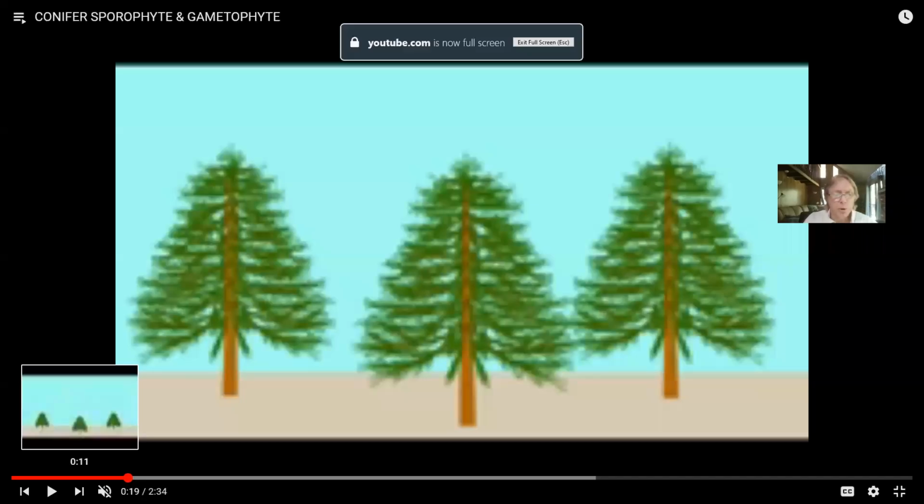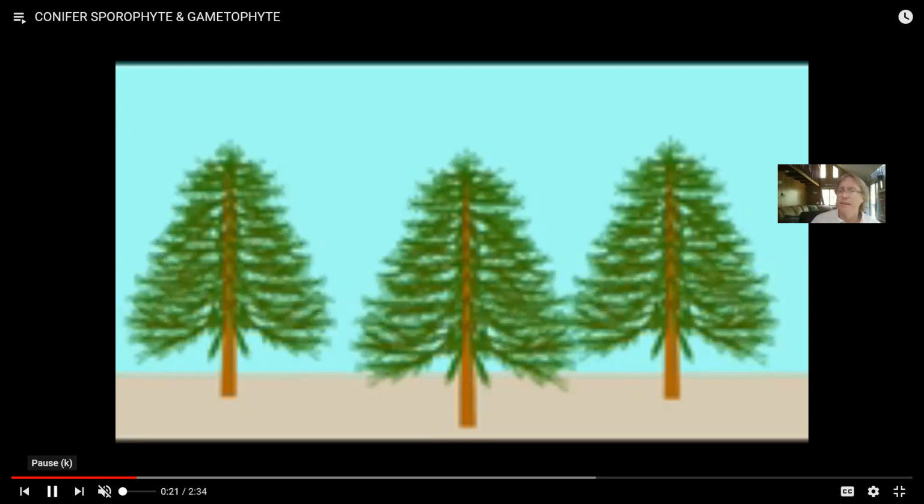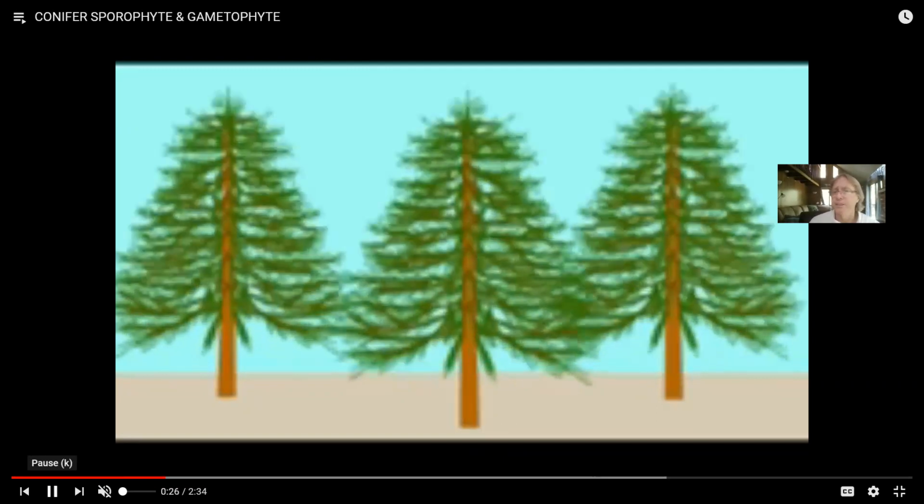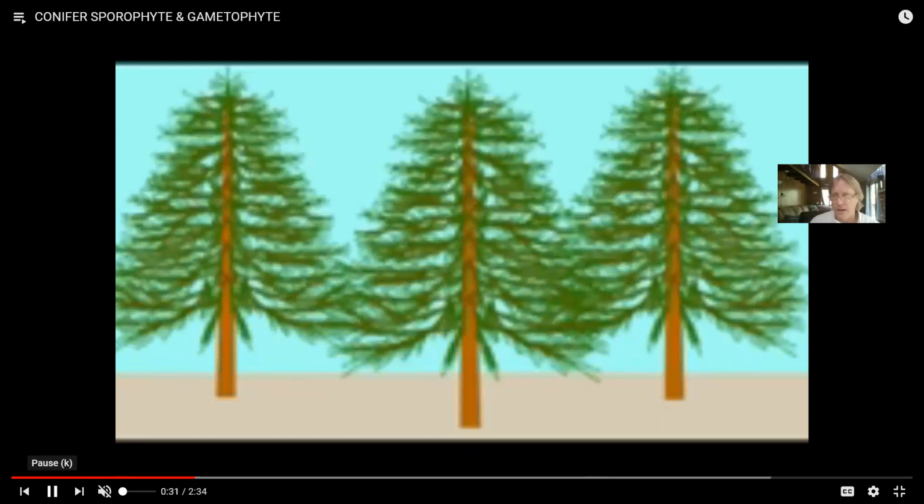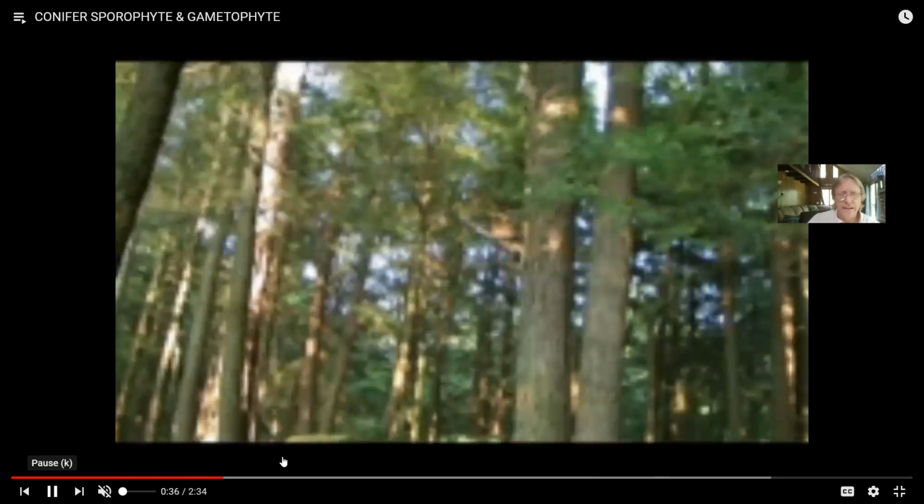So gymnosperms, here the organism that we think of, the pine tree, that's the sporophyte. Obviously, note the difference between mosses and liverworts, where the individual is the gametophyte, the haploid generation. So here, the dominant photosynthetic free living part is the sporophyte generation. So there's been a complete change in the strategy of the life cycle of these plants. And the